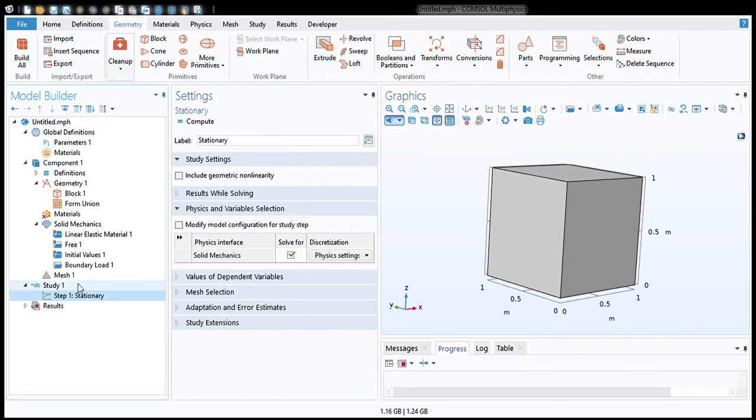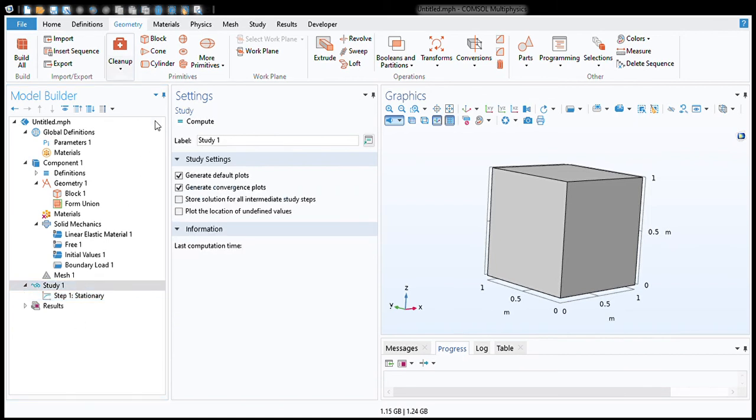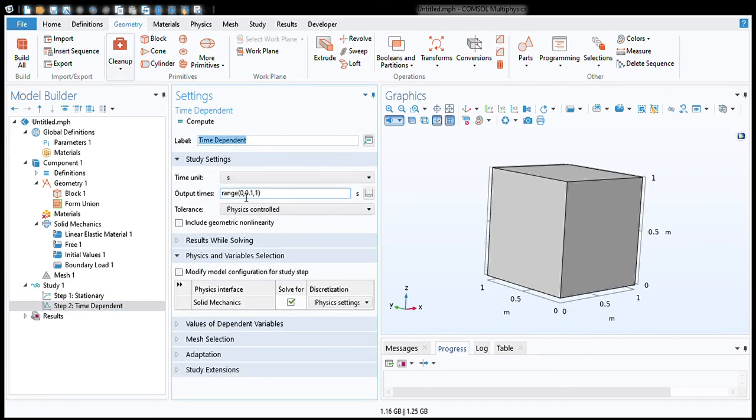If there is some other study like a time dependent study, you have to mention the range you want the study to be run. For example, in this default example, the range is 0 to 1 with a time gap of 0.1 seconds. You can change this range according to your study or analysis.